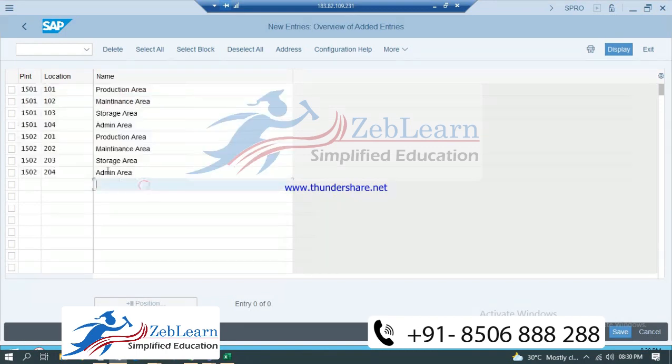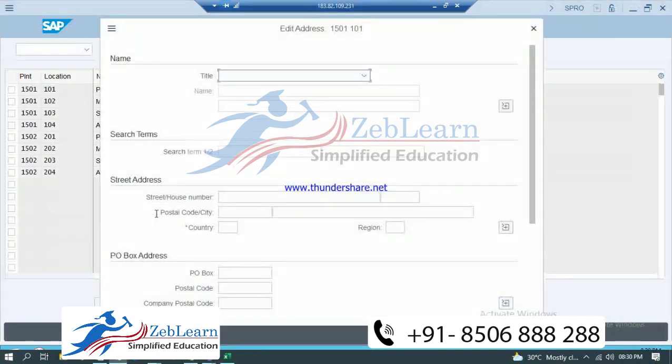Okay. So after taking these four areas, locations for each plant, put a down arrow and hit enter. As soon as you click on enter, again the system will ask for the address of all the locations. So obviously these locations fall under this plant, and this plant already has an address, so we don't need to give any address to these locations.